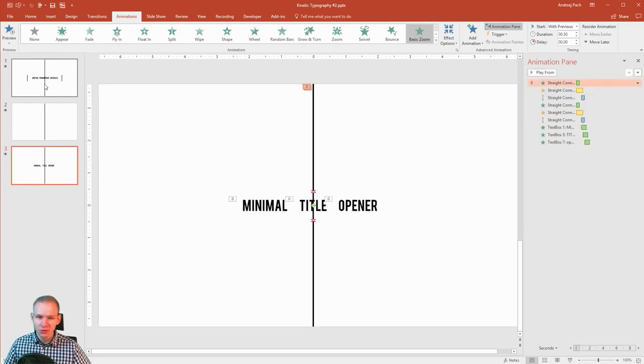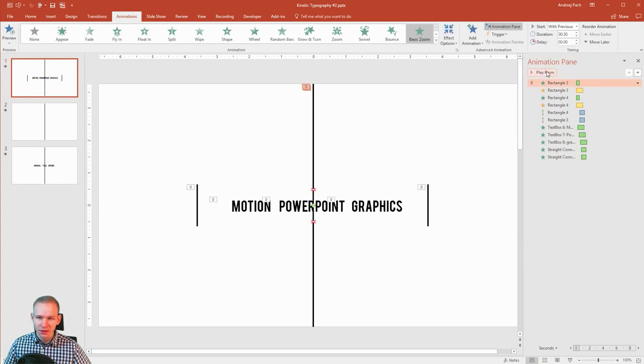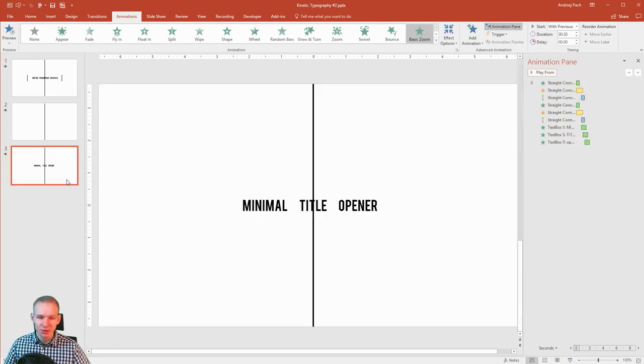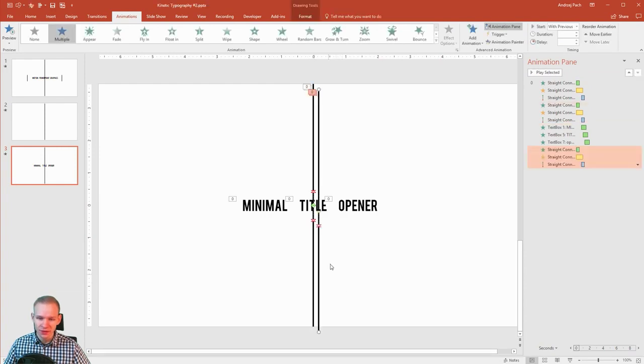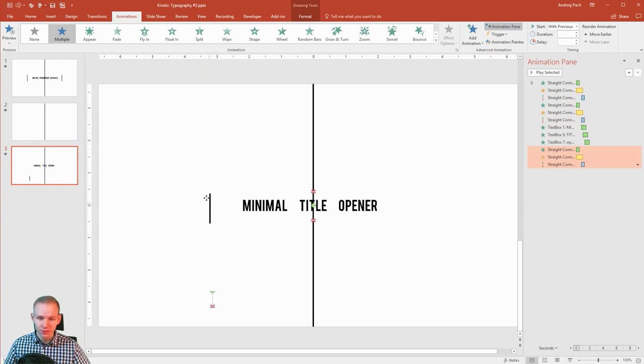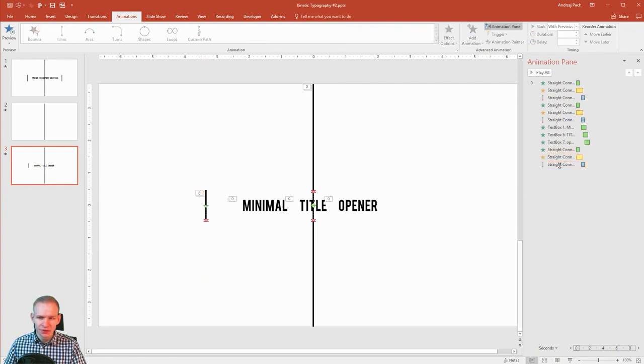And I wanted also to have lines on the left side. Let me preview what we did before. Yeah, those lines nicely spread out. The way I did this, I selected a simple line, Ctrl C, Ctrl V. I made the line smaller. I'm keeping the same width and I placed it here. Now I want to delete the straight connector animation and this yellow animation, and we have the basic zoom, but